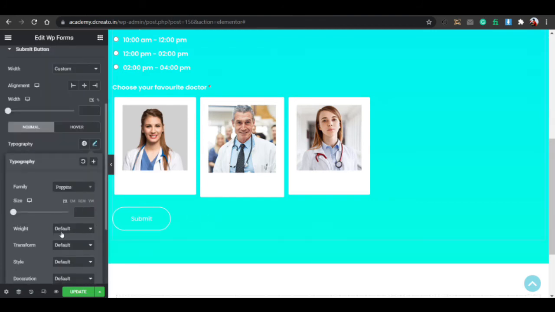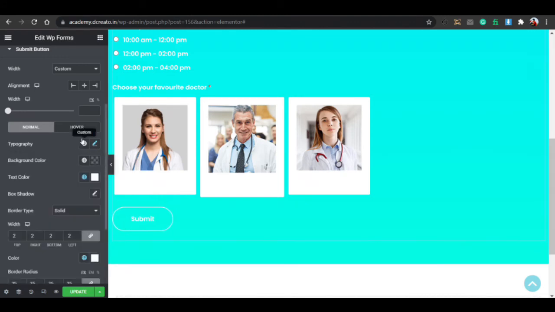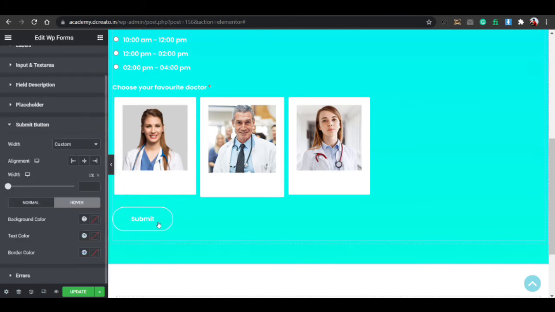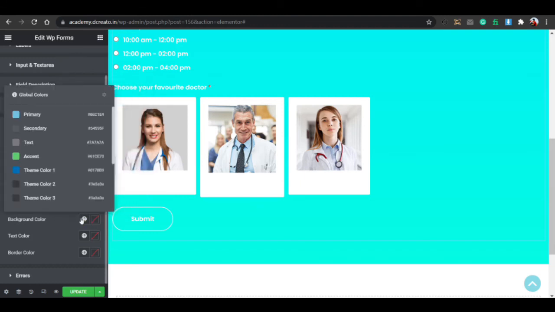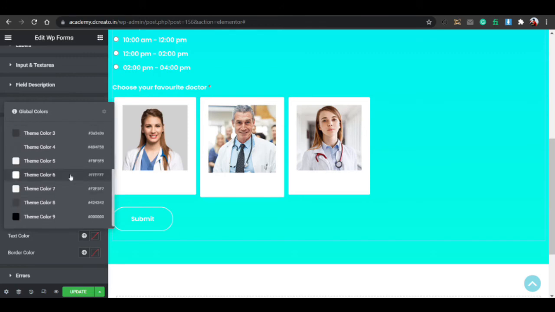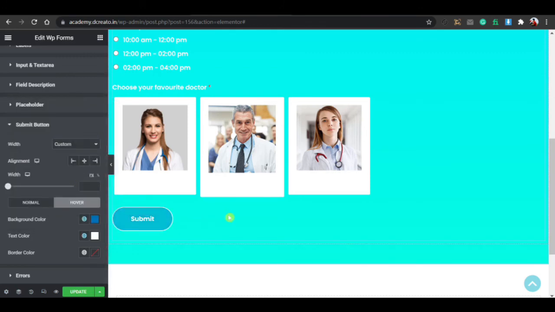And then just go to the typography and give the Poppins font here. Here you can see this came. Then I'm giving the font weight 600. That's it. And increasing the font size, I'm giving it 16 pixels. That's it. Then I want to add the hover effect. So, hover color: if I add a background color, the background color will be this type of color like this, and the text color will be pure white. If I hover, you can see this came.